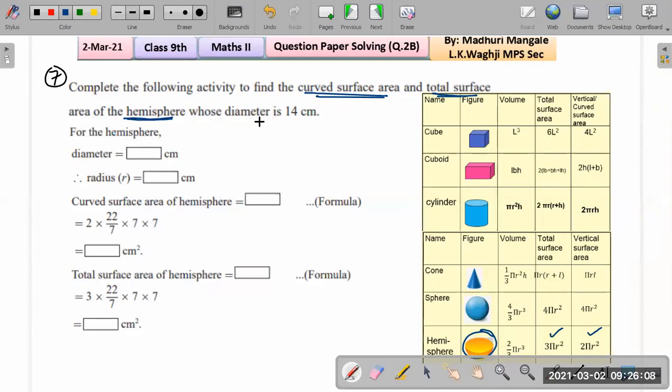All right. So first thing, they have given that the diameter is 14 centimeters. So what is diameter? We are just writing out the same value, that's 14 centimeter. What will be the radius, students? We know that radius is half of diameter. So half of 14, that will be how much? Half of 14 is 7. So radius is 7 centimeter. And next they are asking us what is the formula for curved surface area. See, half marks you get it just by the formula. Here also they are asking for the formula. So again, one half mark.